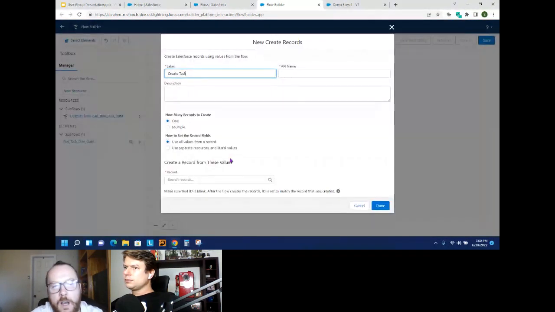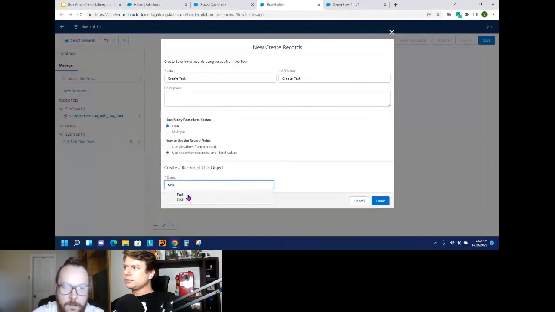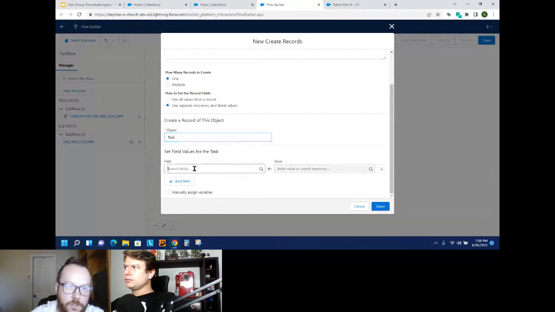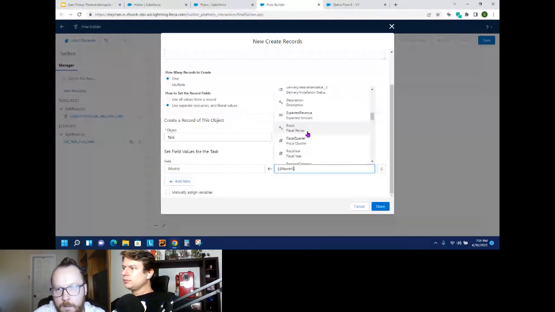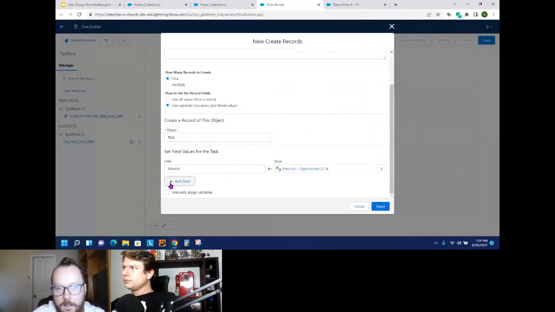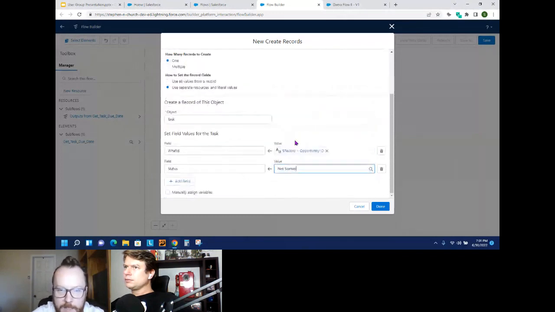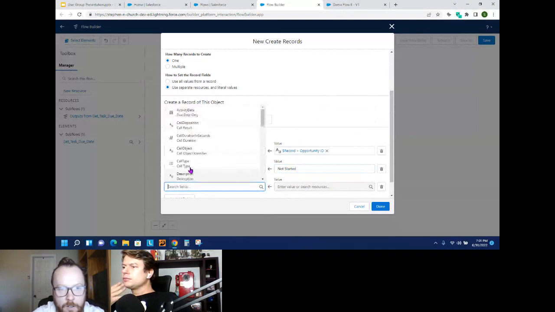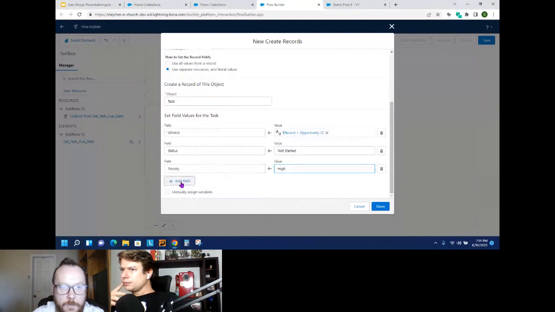So we're creating one task, and we're going to just specify the values. So we'll do task. And so the field values, so the what ID, so what the task relates to is going to be $record opportunity. So the ID of the opportunity. Where are we? There we go. And again, this would depend on the use case, but we'll just put some values in here. Status not started, priority high, subject,